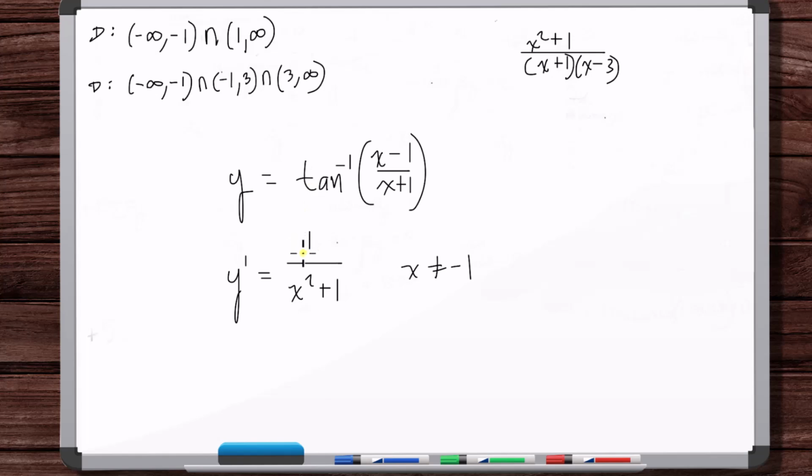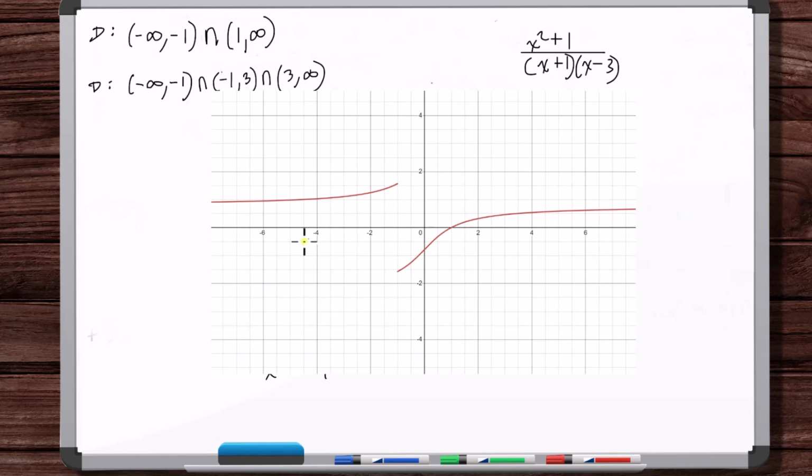Same with the second derivative. So this would show up as a critical point with respect to the first derivative and the second derivative. And it needs to, because if we look at this function, the arctangent of (x minus 1)/(x plus 1), here's x equal to -1. You can't have this not showing up as a critical point, because you're going to need to